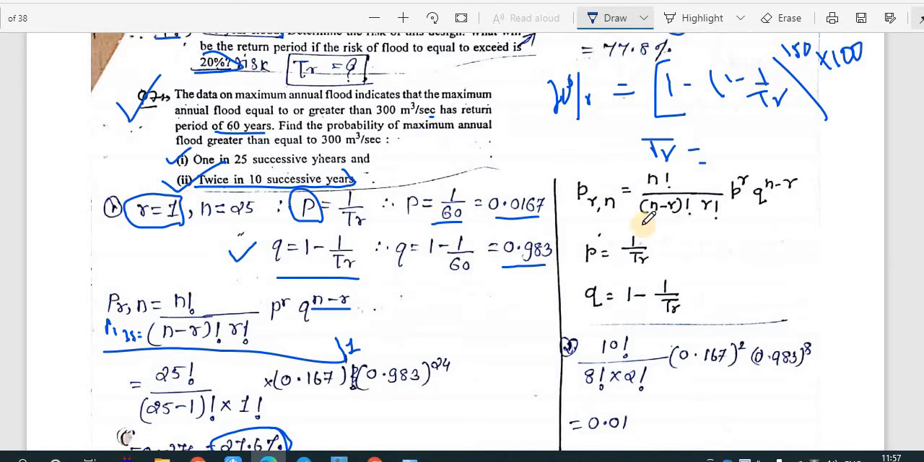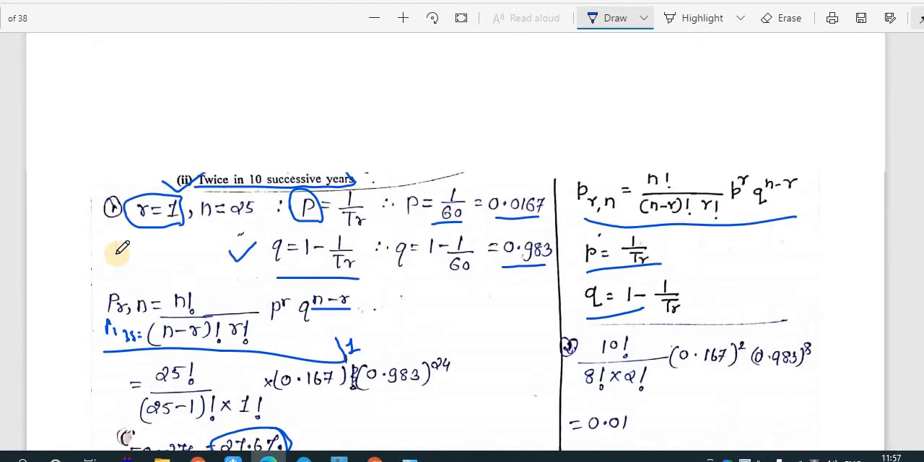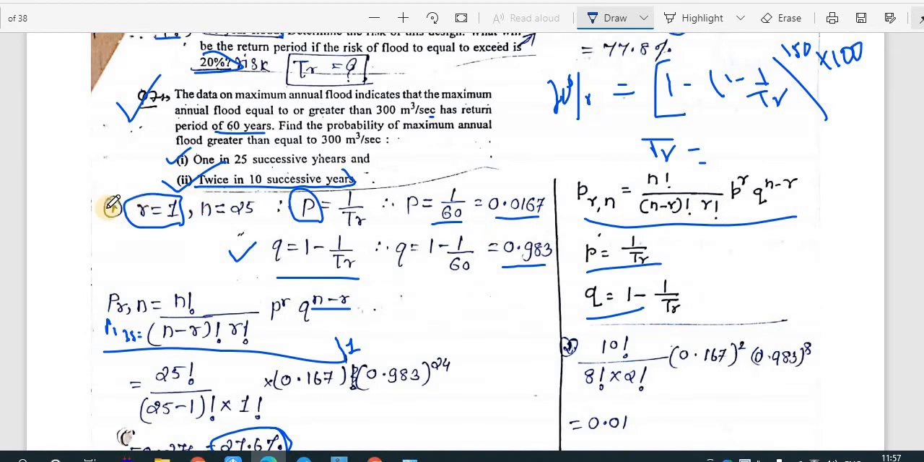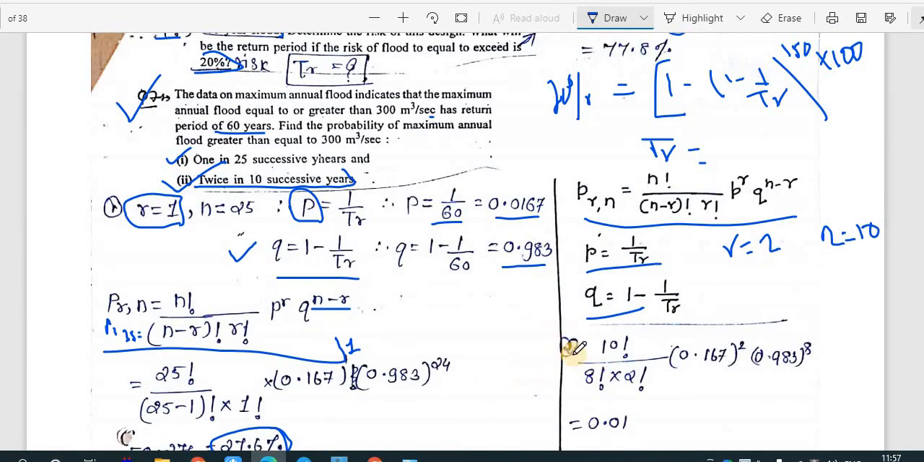So we are going to use the same formulas. And how to calculate this one: we need to keep this value, the r value will now become 2 in the second case, because the event is occurring twice in 10 years, and the n value is coming out to be 10. All the other things will be the same, so the final value, which is coming out to what,